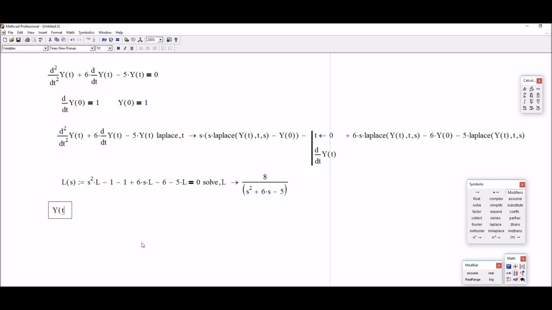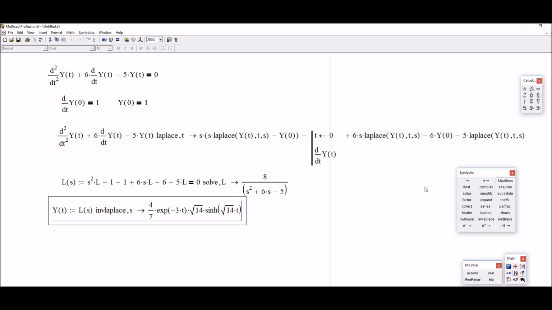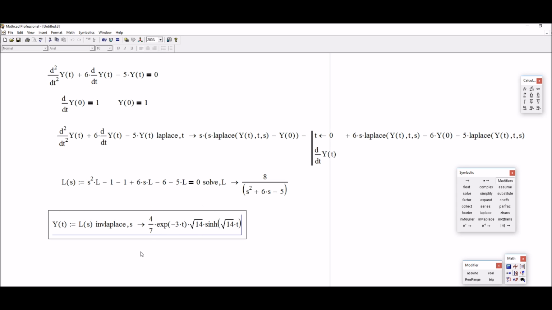So I will do that. Yt here equals the inverse Laplace transformation of Ls. I will go again to the symbolic toolbar, I have the inverse Laplace transformation command here, for L, for S, and I have the solution there. This one is the solution of the differential equation. I have sine hyperbolic and exponential terms here, and that's the solution of the differential equation as I